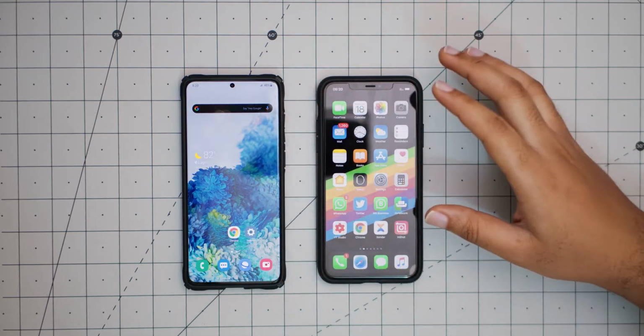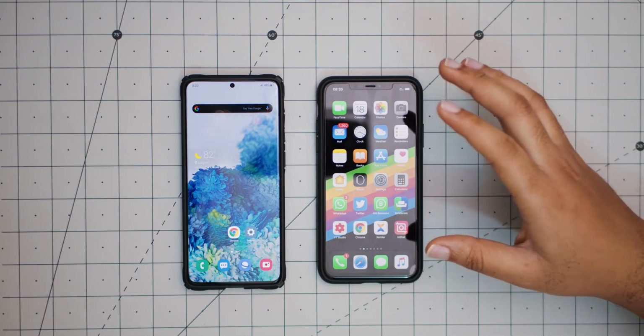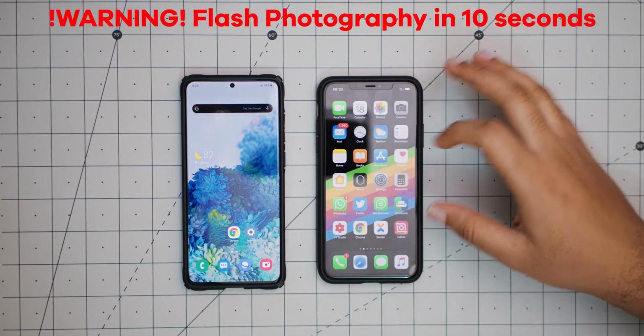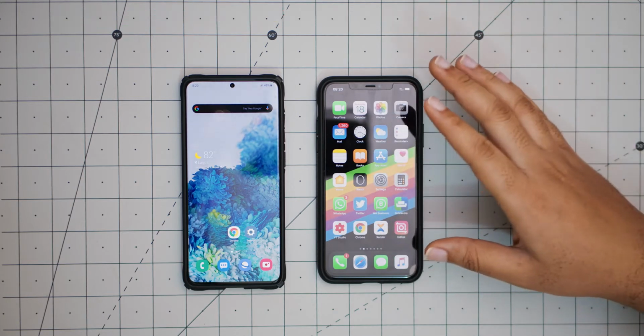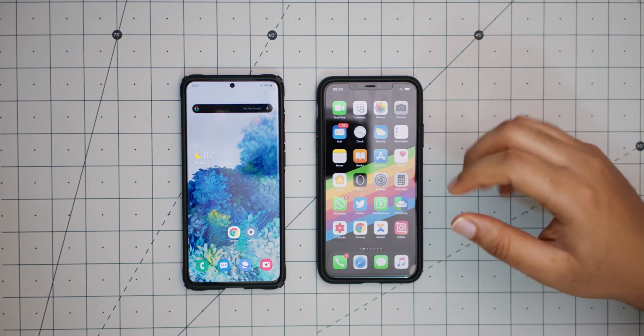In real life, you see the smoothness of a higher refresh rate display in everything you do, from your basic day-to-day activities on your phone or just moving through your phone, going to the menus and all that. However, they are more pronounced when you scroll and when you are playing games.